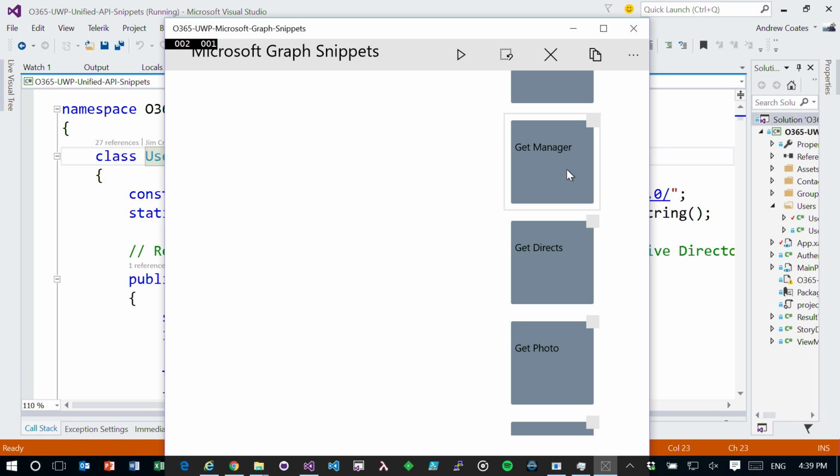She does some great talks on Channel 9 about the Graph API itself, and basically explains how the system works, where you can navigate from the context of the user that's logged in through to the files they own, through to the people who report to them, to the people they report to, the documents they're working on, through the things that are trending around them, through the events that they've created, through the groups that they belong to, through the other people who are in the groups they belong to, and so on, simply by navigating through a RESTful hierarchy, or RESTful, I won't call it hierarchy, I'm going to call it RESTful network